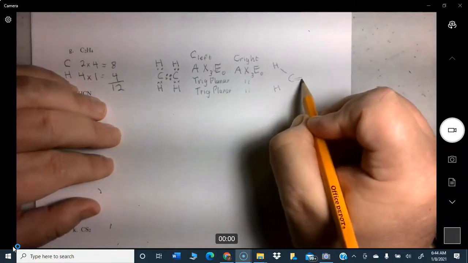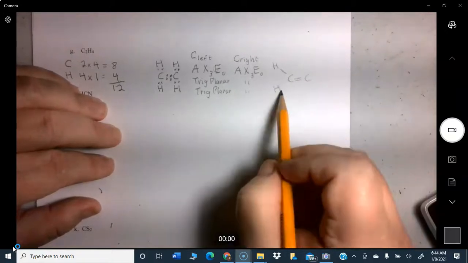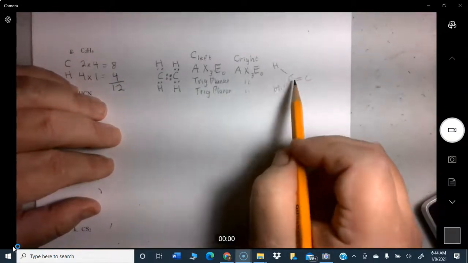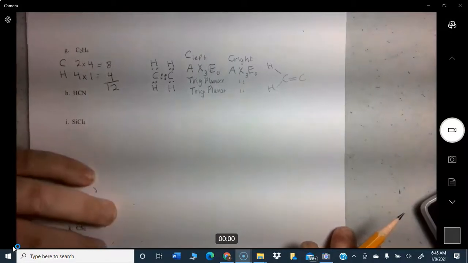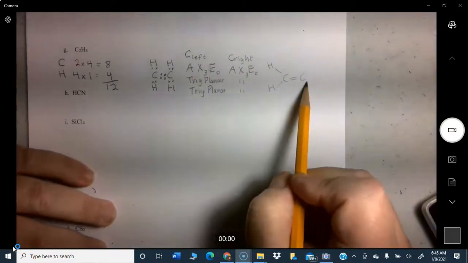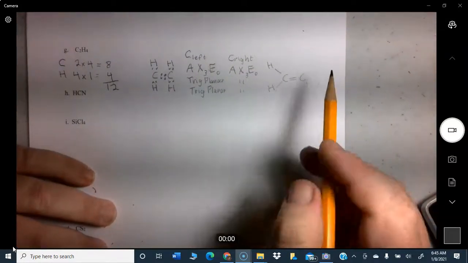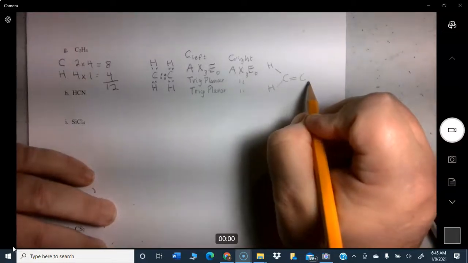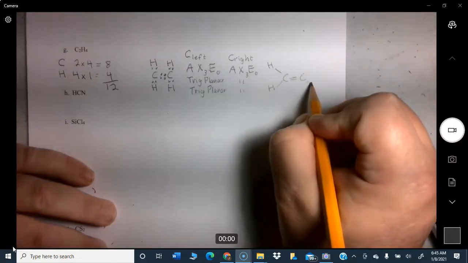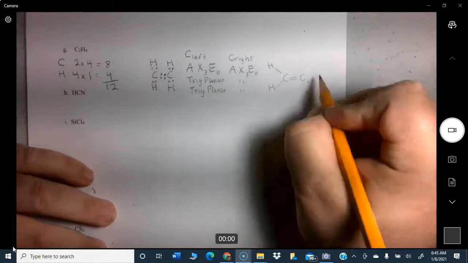It's a double bond, so we put that, and then C. So that's trigonal planar. Three electron domains, 3 bonding domains. Now this is going to have the same thing, except we're going to draw these as dashes, because this one,